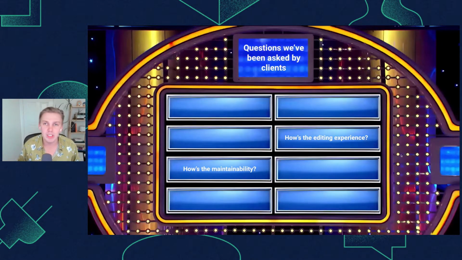Maintainability, again, we've gone through this a little bit, but essentially the maintainability of working with Sanity is fantastic. It's only because we're having such a quantum leap from V2 to V3 that there has been somewhat of a migration process. It's been consistent, and you wouldn't have to do any migration process. So the maintainability is absolutely top notch.